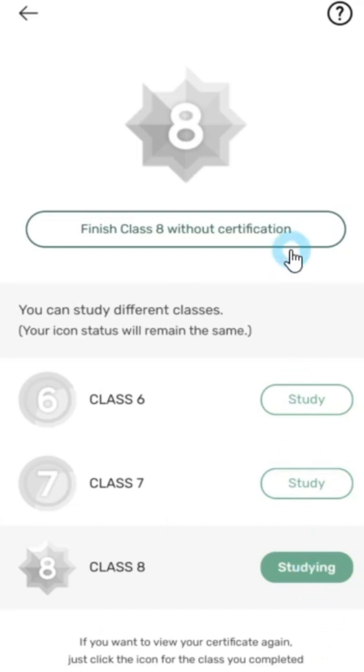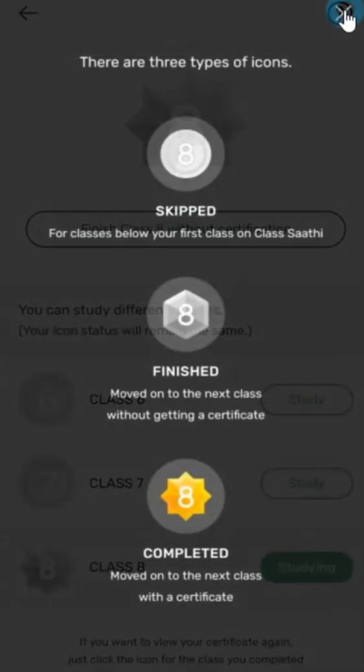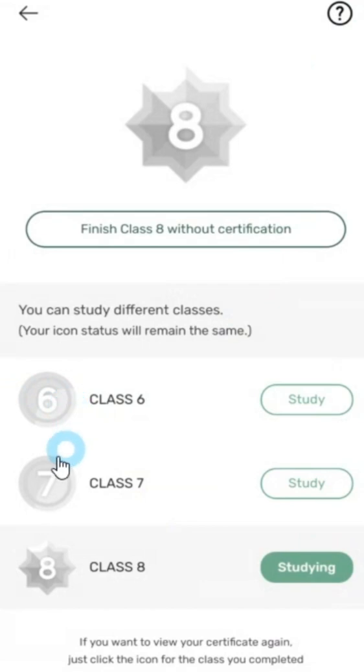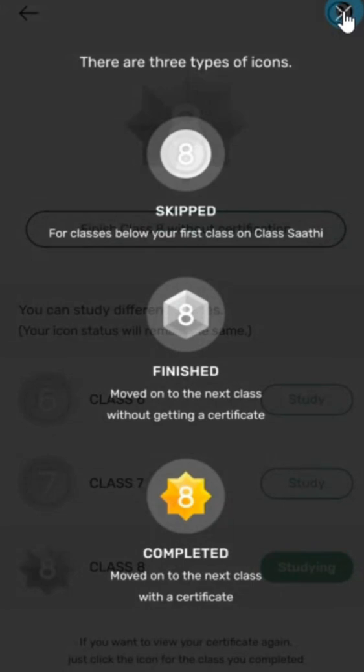But before that, just for the brief explanation, let's click the question mark at the top. It tells you there are three types of icons: skipped, finished, and completed. As you can see now, I have skipped icons for class 6 and 7 because I studied from class 8 when I signed up. Finished. If I move on to the next class without getting a certification, I would get a finished icon. Completed. If I finish class 8 with a certification, which I need to meet the criteria for, I will get